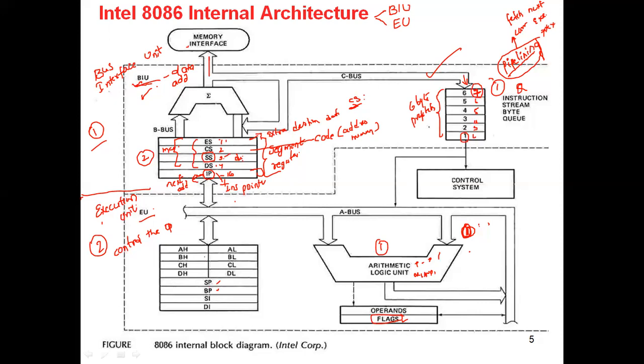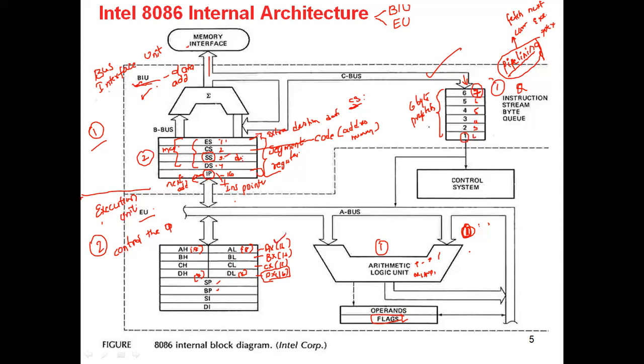So these are the 8 registers. First we'll go for AH and AL. H means higher order, L means lower order. This is 8-bit and this is 8-bit. Totally we call it AX, which is 16-bit. This is BX, 16-bit, and CX, 16-bit, and finally DX, 16-bit. Individually this is 8-bit and this is 8-bit, so 8 plus 8 is 16-bit. If you want to store 16-bit data, we call it DX. If you want to store 8-bit, we can store in DH or DL.